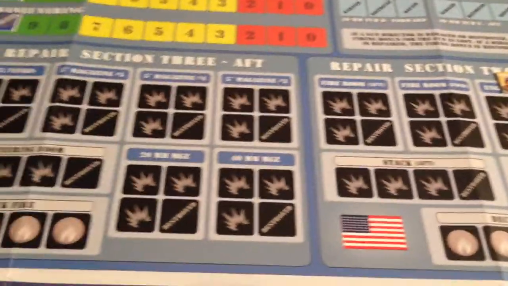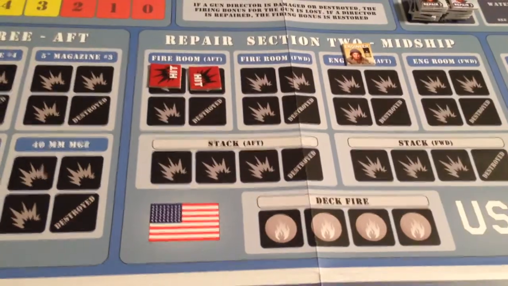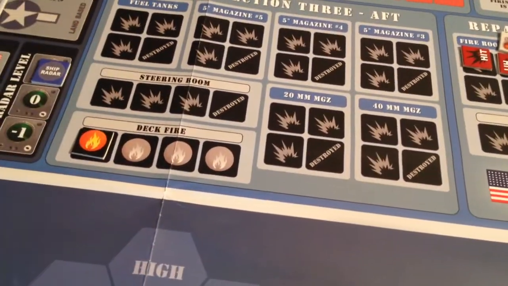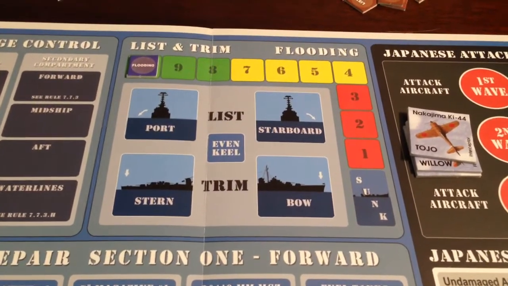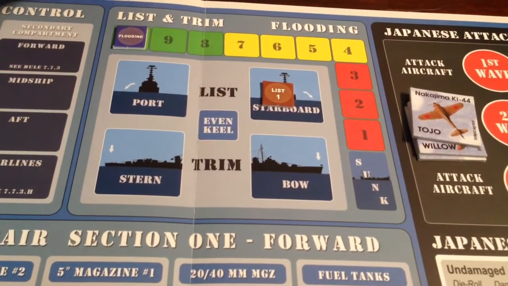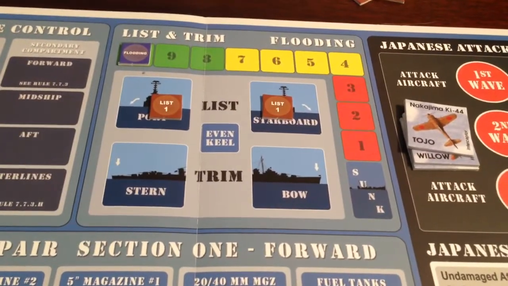Tracks are provided for various of your ship's systems and compartments, where you would keep track of hits, fires, possible deck fires. Your ship starts out in an even keel, and if you begin to flood in any compartment, your ship can begin to list, affecting the performance of your anti-aircraft guns. You may need to intentionally flood compartments in order to right the list and bring your ship back to an